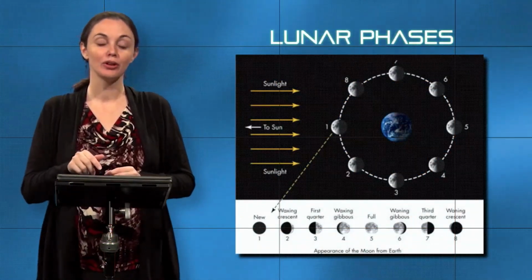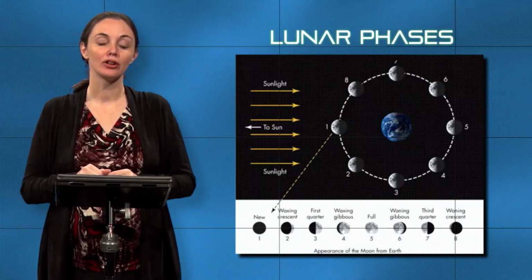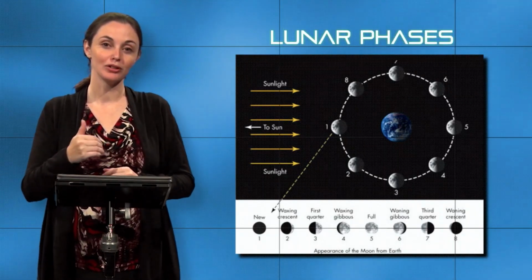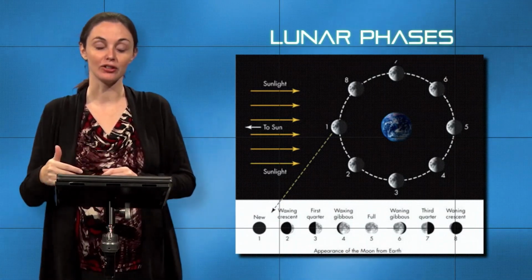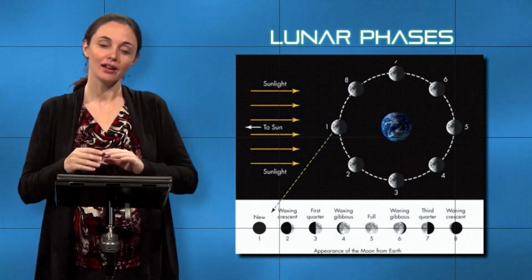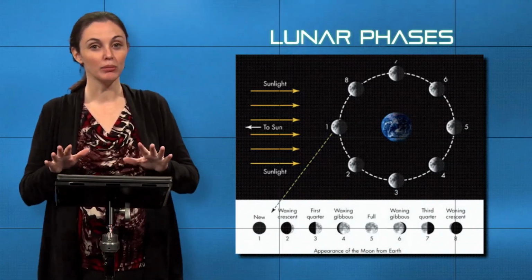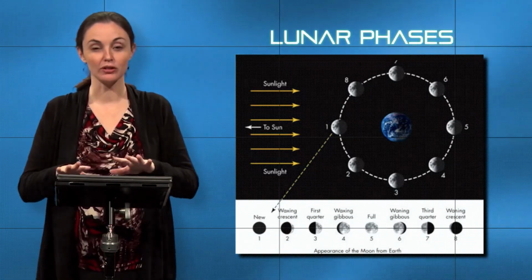So as the moon undergoes a complete orbit around Earth, it starts from being in a position between the Earth and the sun to being completely on the other side and going all the way back around again. And again, a really good easy way of remembering all of these orbits and all of the rotation